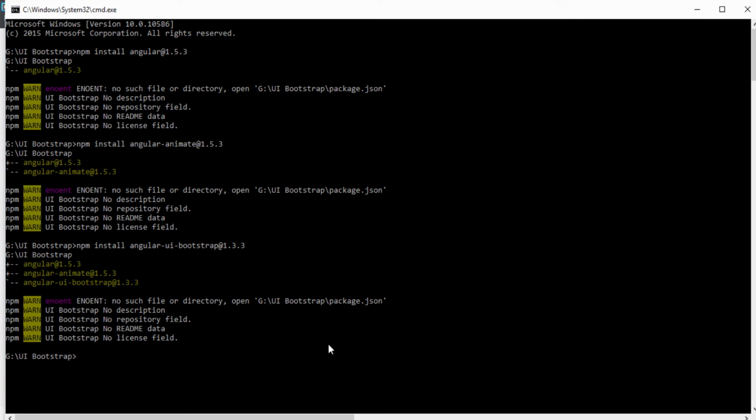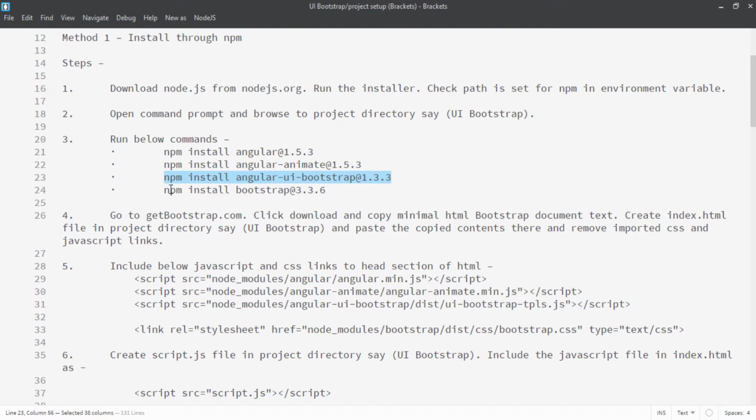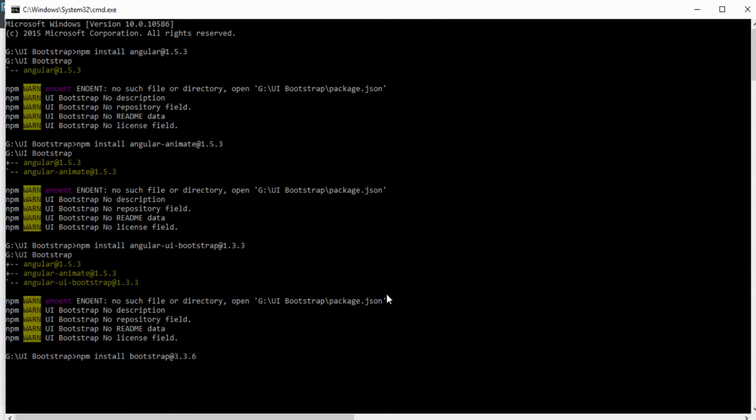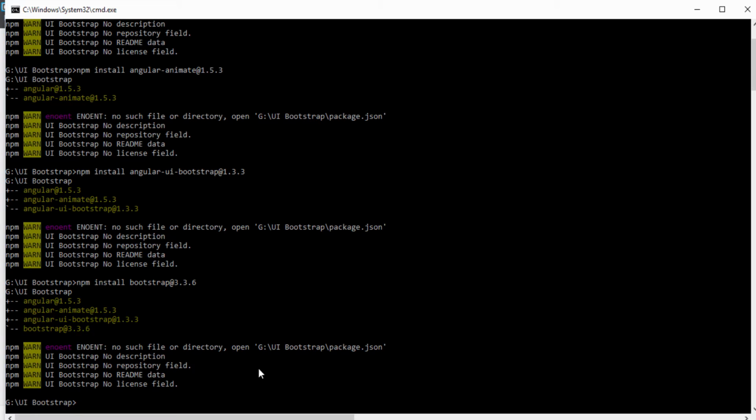So Angular UI Bootstrap is downloaded. Let's move ahead. The last thing remaining is to download Bootstrap. So here we have downloaded all the project requirements.